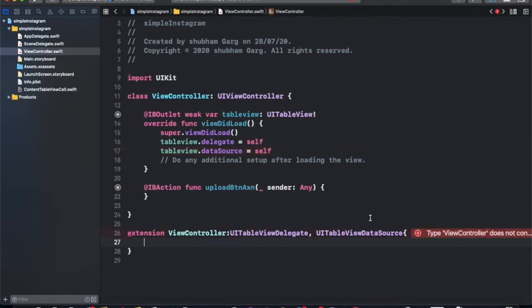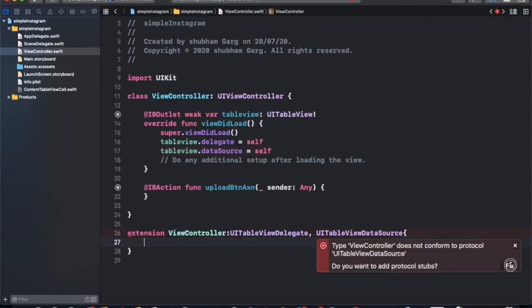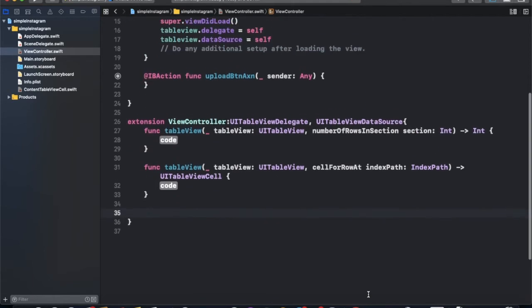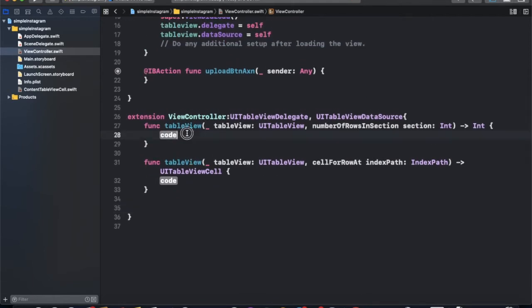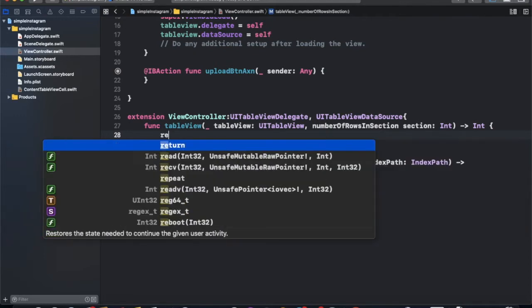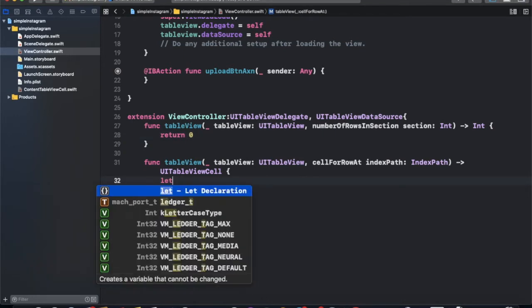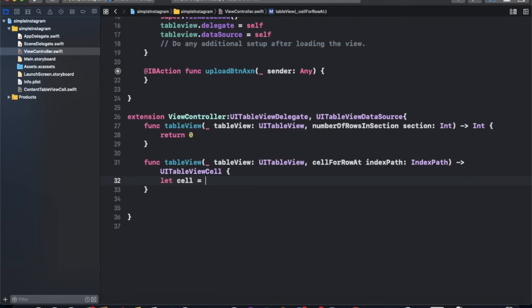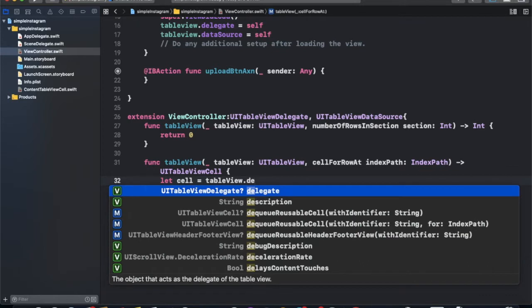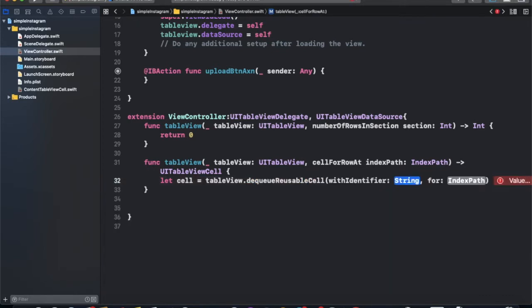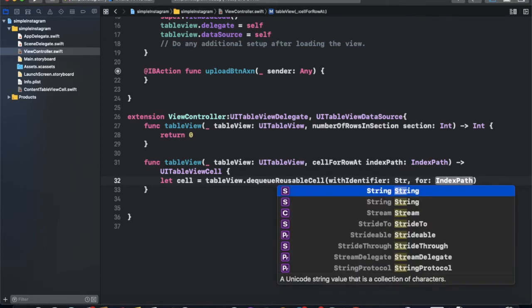For these functions, just copy the major functions. Currently we make the cell count 0. So we initiate the cell. Cell is equal to table view dequeue reusable cell, with identifier. So we are using the cell name and identifier name.